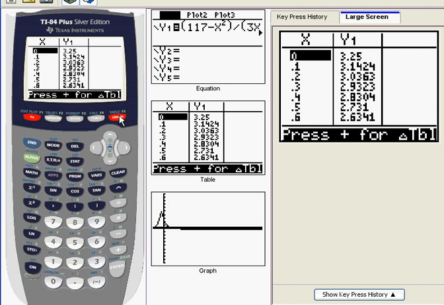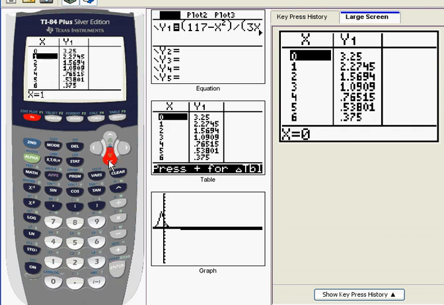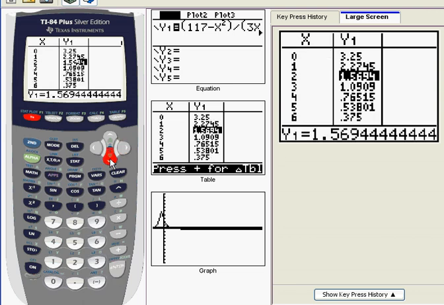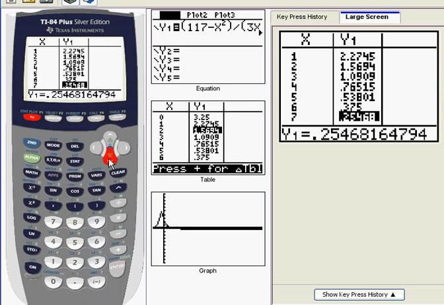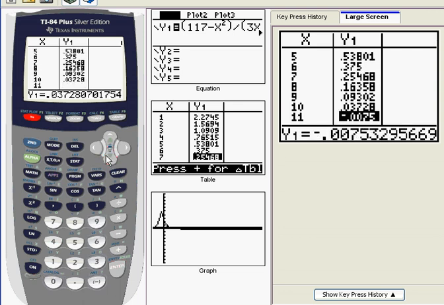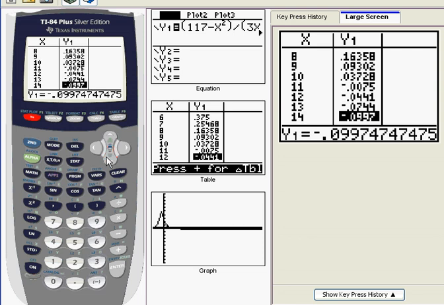Okay? And what you'll notice is this. We have x values on the left and y values on the right. All right? And we can change things a little bit. So let's make the delta table 1 and hit enter there. And what you'll notice is, look at those y values as x gets bigger. So as x is getting bigger, we got 7, 8, 9, 10, it starts to turn into something negative,